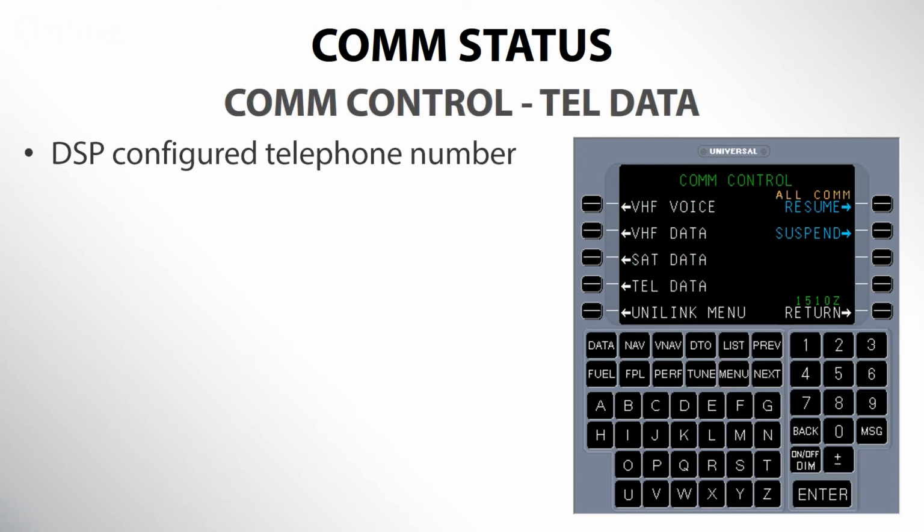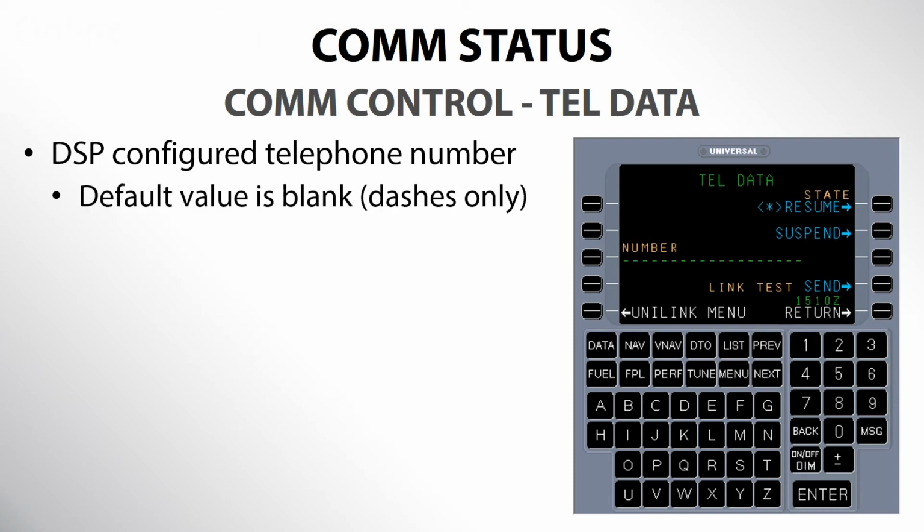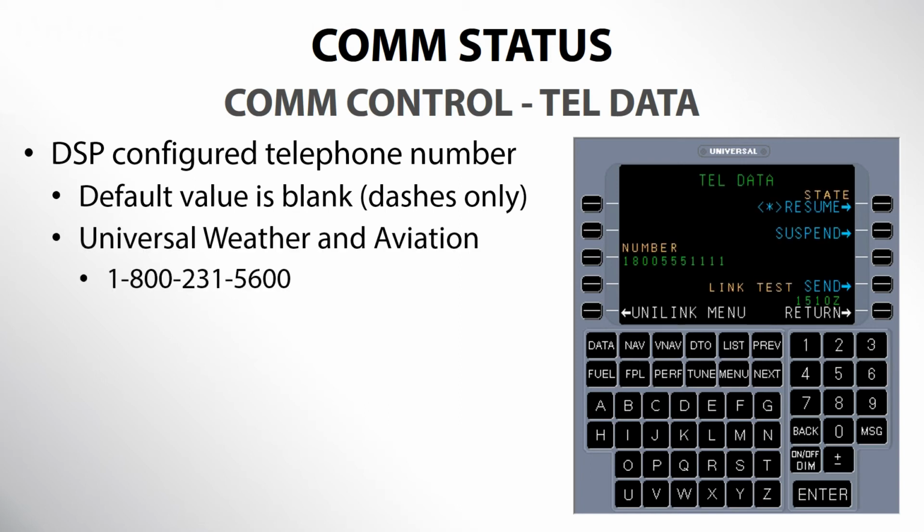The telephone data page is available if an air phone is configured. The telephone data page displays the DSP configured telephone number and also allows a manual override with a different number. The number that is configured will be displayed in the number field. The default value for the number field is blank, dashes only. Subscription service for Unilink may be obtained through Universal Weather and Aviation Incorporated at